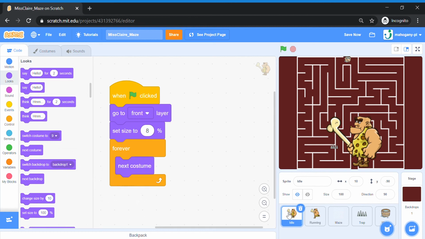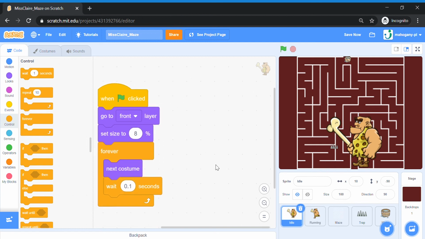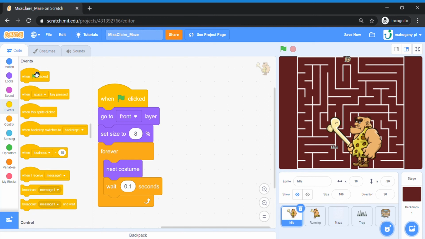Okay, your idle sprite also has a lot of costumes. So you can go and explore that later. Okay, and don't forget, between each costume change, we're going to add a little wait time, 0.1. Okay, now once done, we're going to do the position code to make sure this sprite shows when we are not playing the game. So I'm going to add another green flag click. When green flag is clicked,